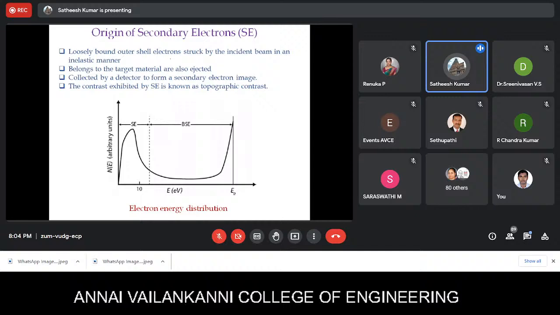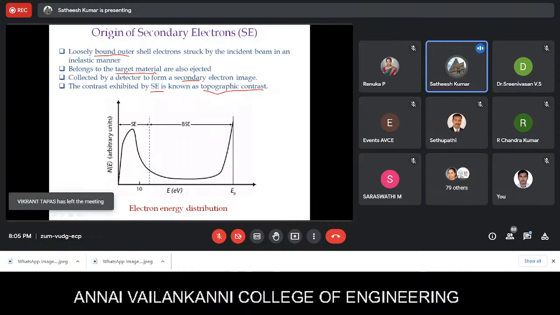Coming to the secondary electrons, these are nothing but the loosely bound outer shell electrons knocked off by the incident beam in an inelastic manner. These outer shell electrons have information about the specimen material. They are collected by a specific detector to get the secondary electron image. Since the secondary electrons come very close from the surface, they are mainly used for obtaining topographic